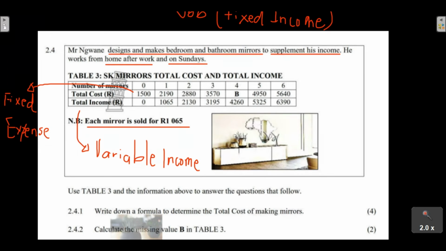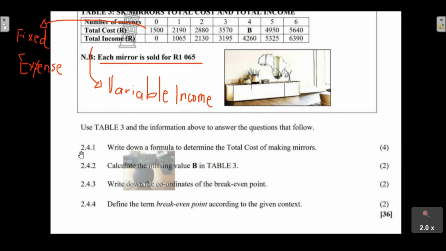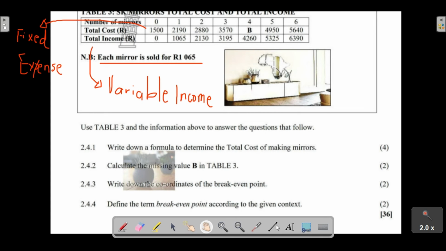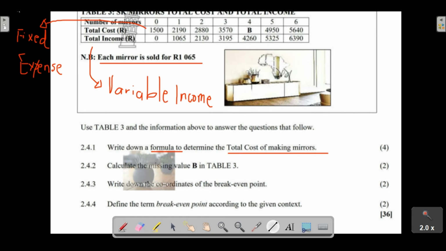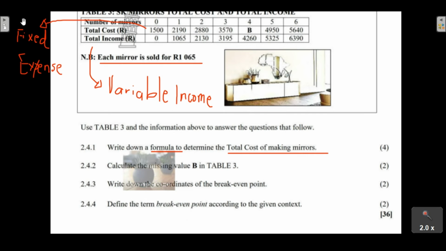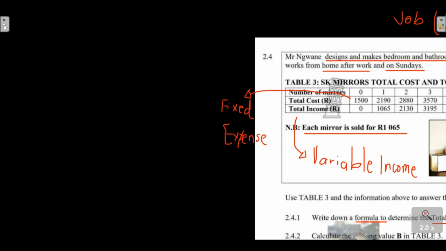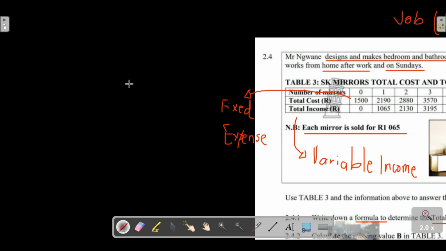So let's just get into the questions, guys. 2.4.1 says write down a formula to determine the total cost of making mirrors. The formula to determine the total cost of making mirrors. Well, remember, guys, we are already equipped with this information. We already know that when you are calculating the total cost,